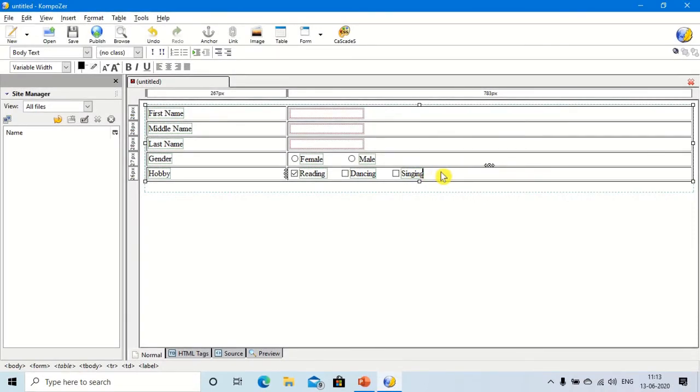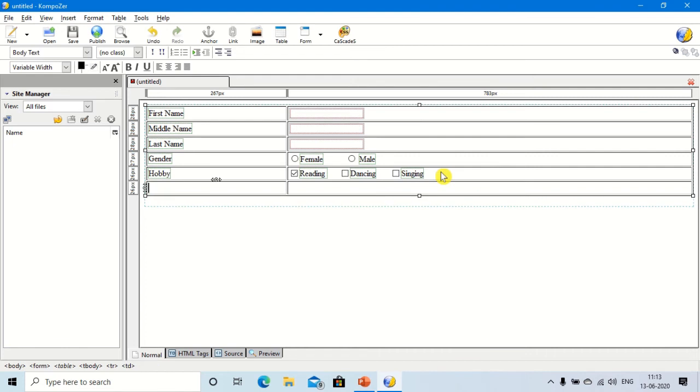So after creating this checkbox, we are going to create a text area that is used for the address. Text area accepts more than one line. So press tab to insert the new row and here you write address.